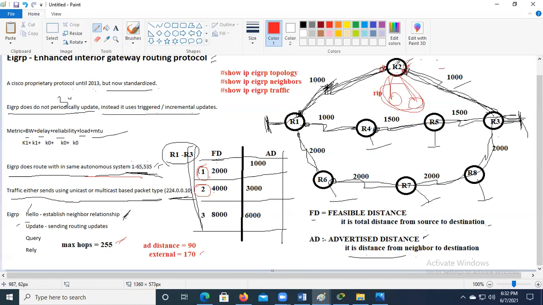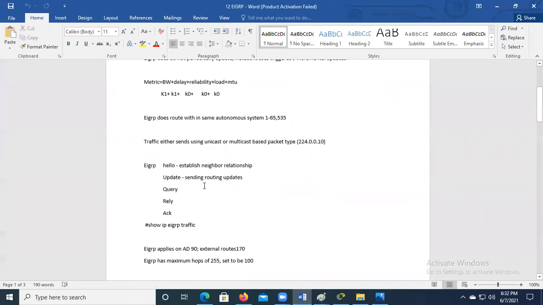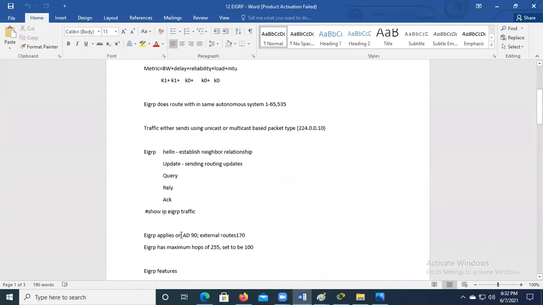When it advertises to router 1 and router 3, it is going to advertise with an administrative distance of 170 by default. EIGRP routes have 90, and the external routes by default have 170. This is what I'm saying.